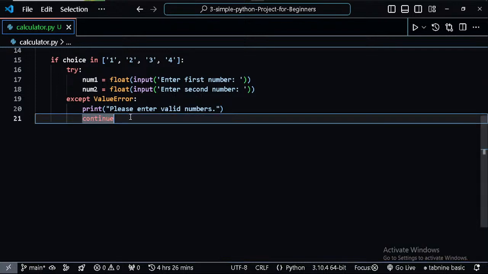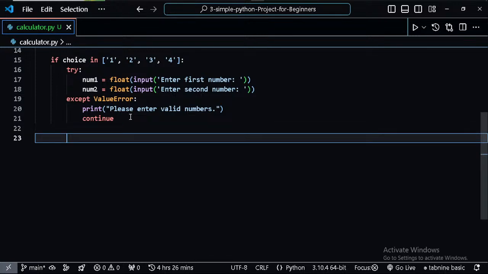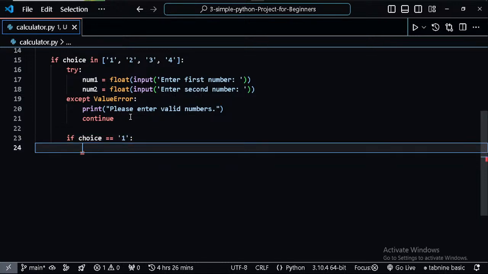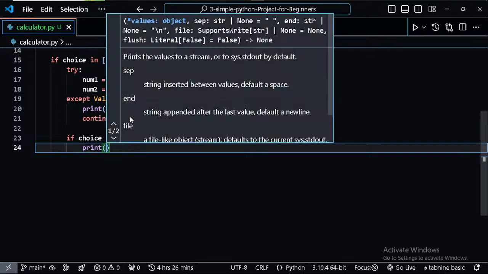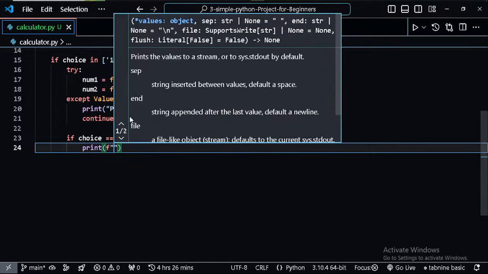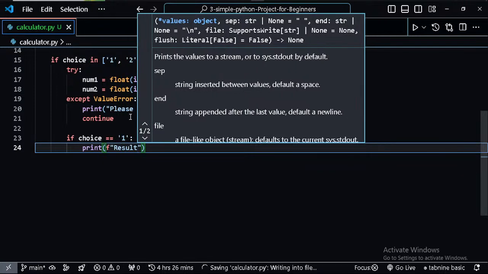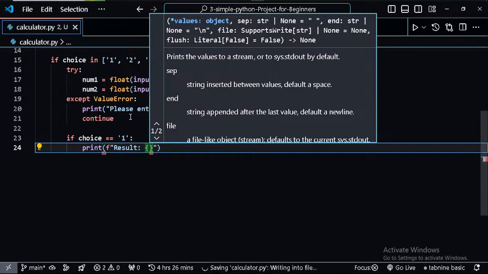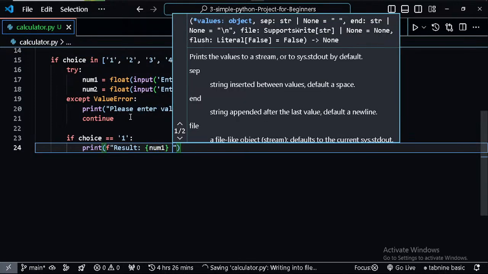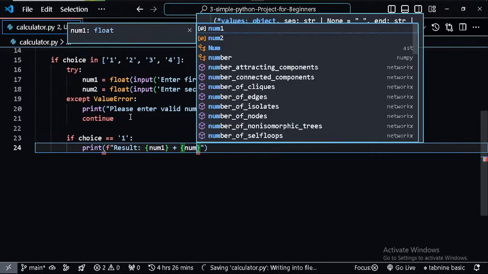So now we continue this program, and the next thing we want to do is to check the kind of choice the user picked, so we can handle this choice. So if choice is equal to 1, we want to add, right? So we're just going to print, and we're going to use something called a formatted string here. This is just a method of concatenating strings together. So we're going to put result here, and in this result we want to have our number 1 plus number 2,